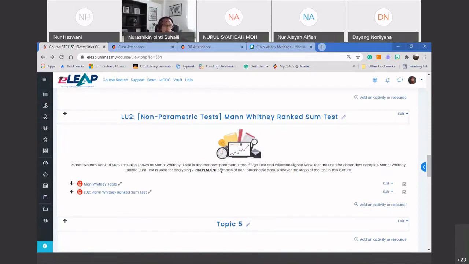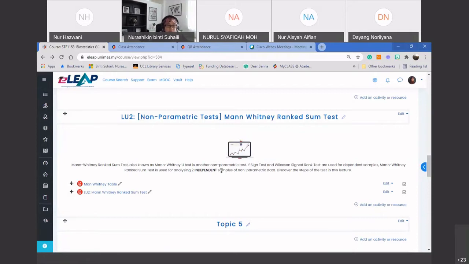Dependent means it's related, associated. It has to be based on the other thing, the other sample, or the other set of data. Whereas when we talk about independent samples, there is no association. I mean, yeah, they come from different sources, but you want to analyze them, so you need this test. Okay, I hope that's clear,